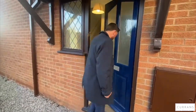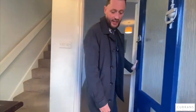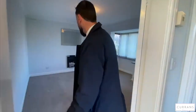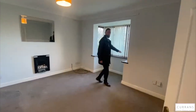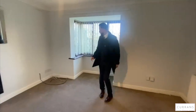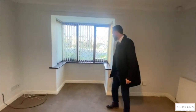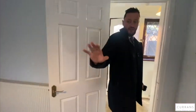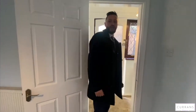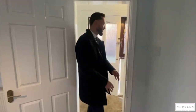So we access the property via the side entrance hall. I wipe my feet on this newly carpeted entrance hall and we go into the main living room. The living room's got a nice square bay window at the front here, which looks up the cul-de-sac. Quite a nice outlook really, because you're not really overlooked by anyone at the front or the back. There is a gas fire on the wall over there, but I think that may well have been disconnected, so if you wanted to have a gas fire or log burner, that might be something you need to look into